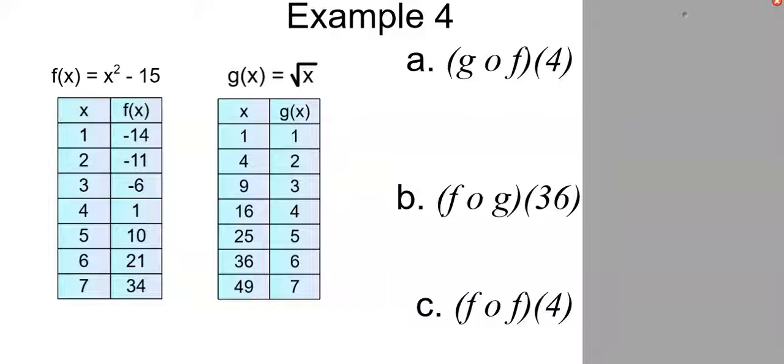All right, so here's our last example when it comes to graphs and tables. And so here we're using the tables again. It's the same tables from the last page, but now we're going to deal with the composition portion of it. So if you need to write tables down, you can. You don't have to because it's the same. But with it, go ahead and make sure you get A, B, and C there, and then we'll go ahead